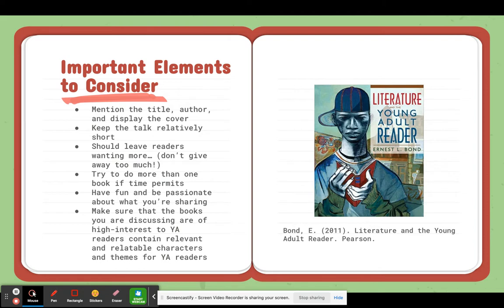So, of course, when we talk about YA literature, there are some components that are important to ensure that the book would be of interest to your students. It needs to have relatable characters and deal with themes that are relevant to a young person. Maybe there are times where you're going to have to get more into the new stuff that has been released, and it's not always possible to read every single book, but you've got to know what's being released, and you have to know your students and know what they're going to care about reading.